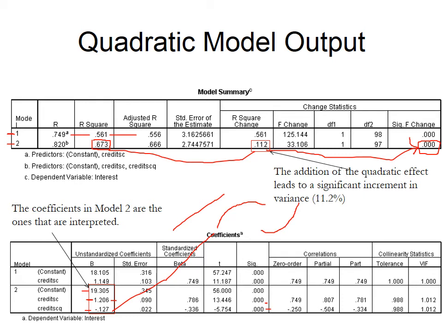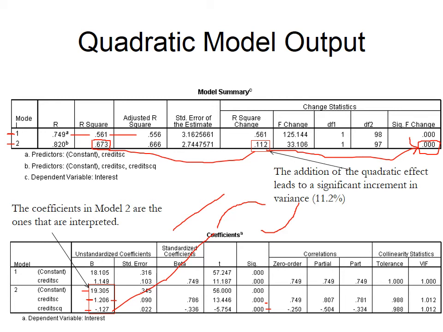And we can see that this is a significant amount of change, meaning we're explaining a significantly greater amount of variation in interest. So what we want to see is an increase in our R square. We also want to make sure it's a significant increase. Usually whenever we add variables, even really silly variables, we see some sort of increase. So it's not just seeing some increase, it's seeing a significant amount of increase. So we really want this number to be significant, or we say this model is better.